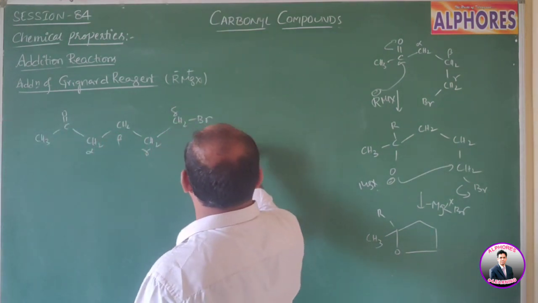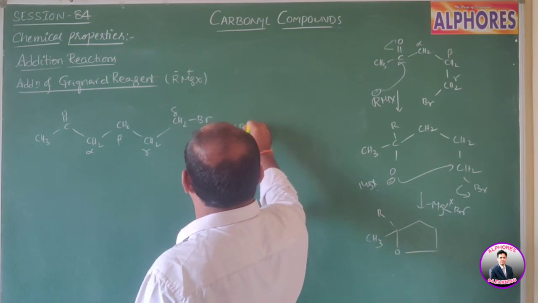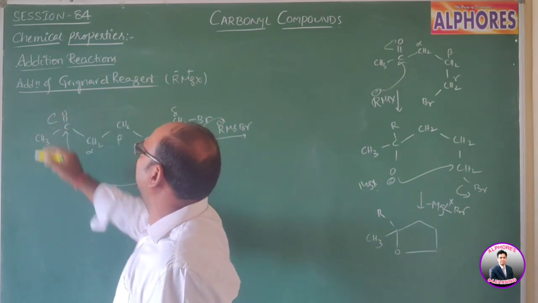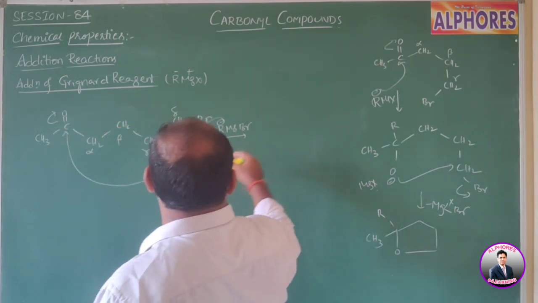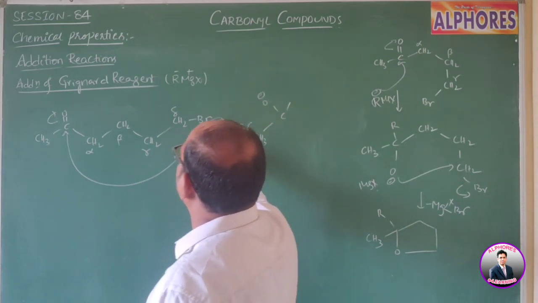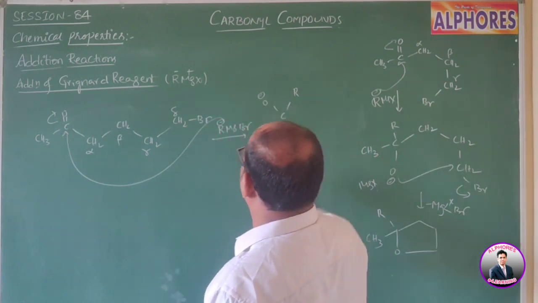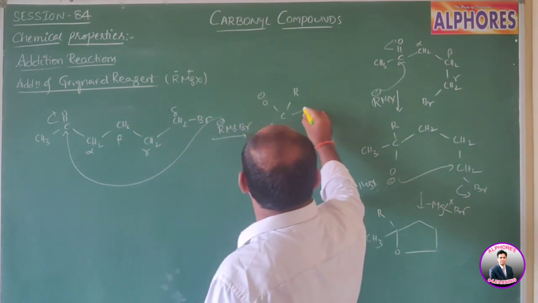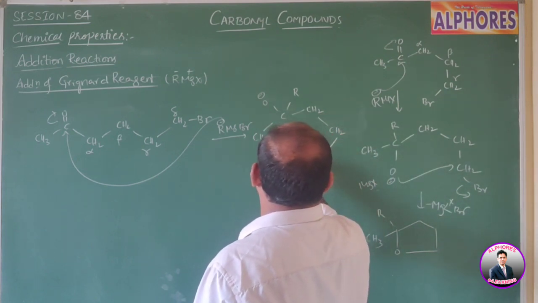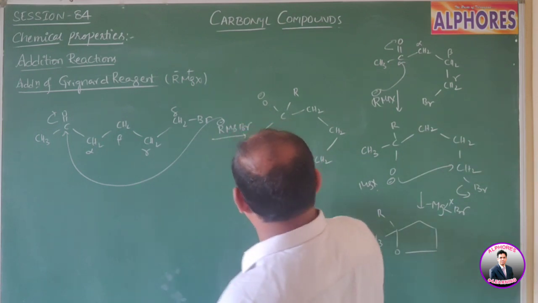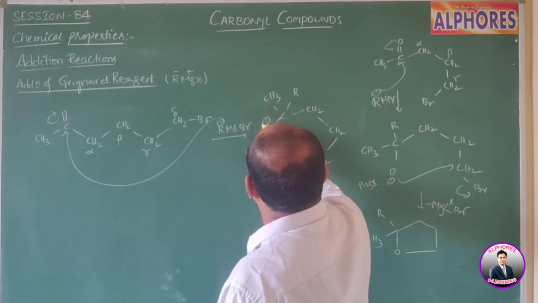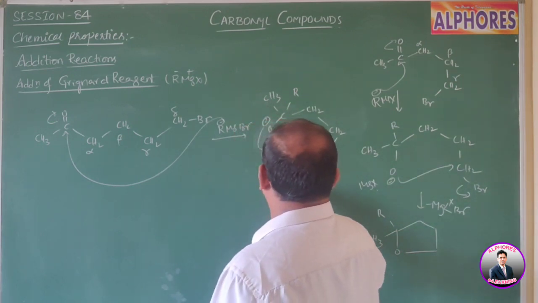Now this one, upon reaction with, say, RMgBr, alkyl magnesium bromide, a Grignard reagent, this R minus has to come and attack this carbonyl carbon, and we are getting CH3, CO minus, and here R attacks this carbonyl carbon. Next, this carbon CH2: alpha, beta, gamma, delta and Br. Next, for the sake of convenience, I am going to write like this, O minus. Now this O minus attacks this carbon and this Br leaves.